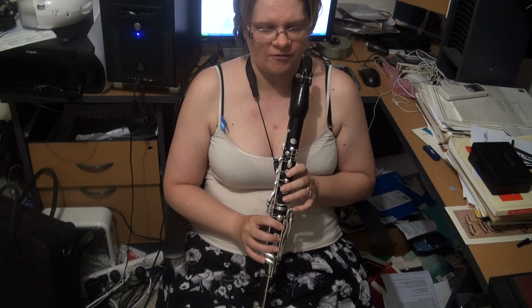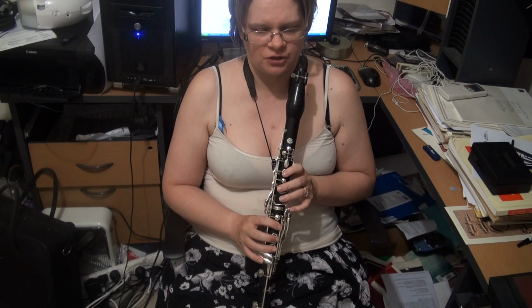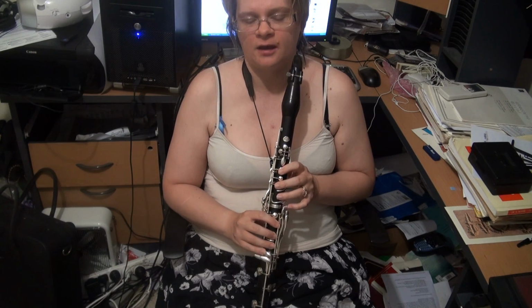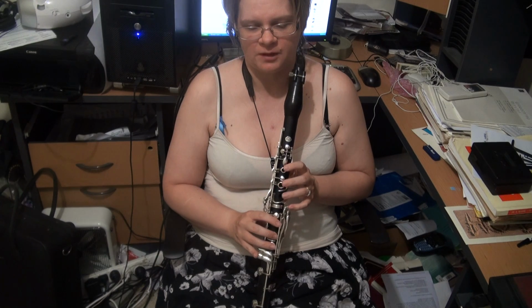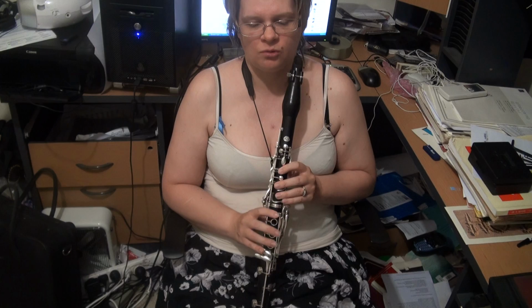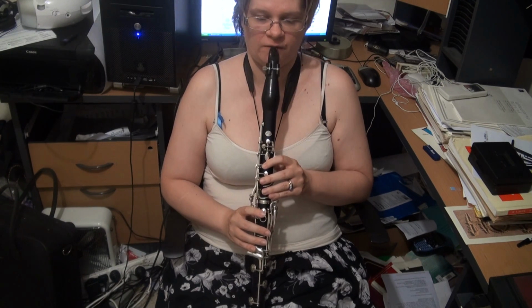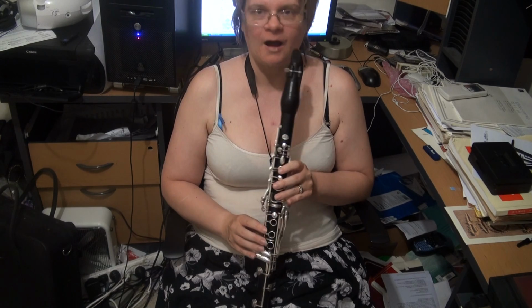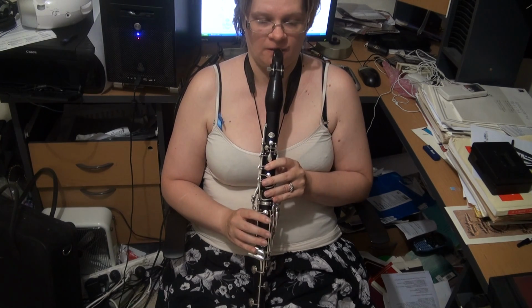And then you've got the F minor pentatonic. Again, you will need to use the left hand F to get to the A flat, and up the register, the left hand C to get to the E flat. Coordinate between the A flat and B flat. I would actually practice that top bit a few times. So